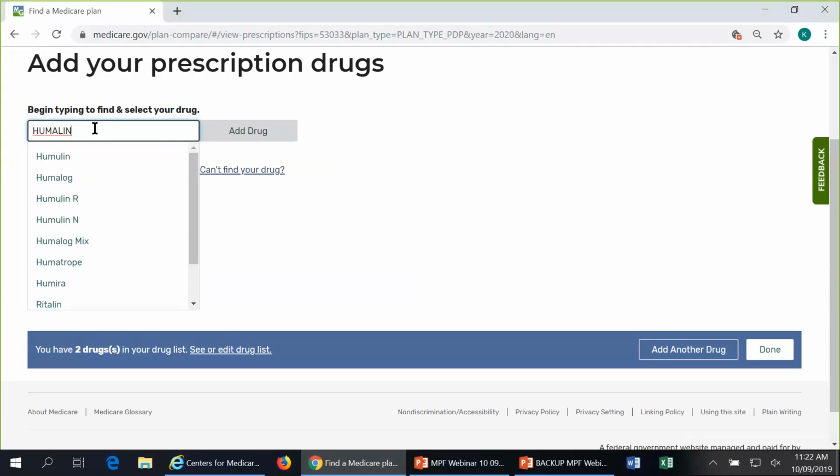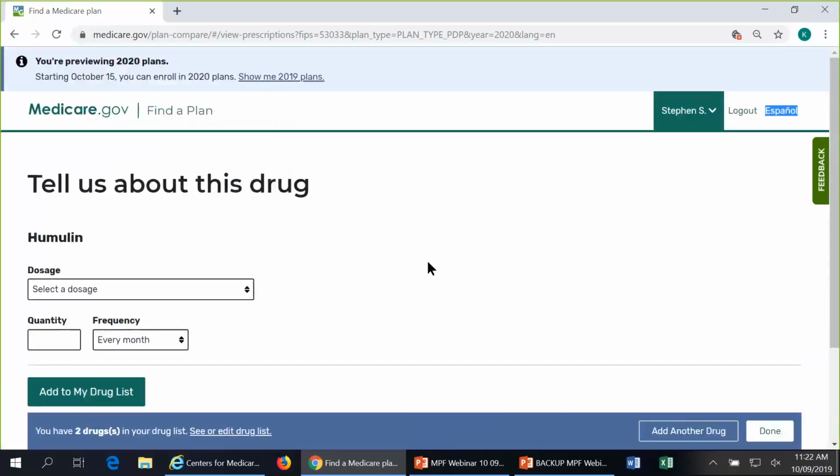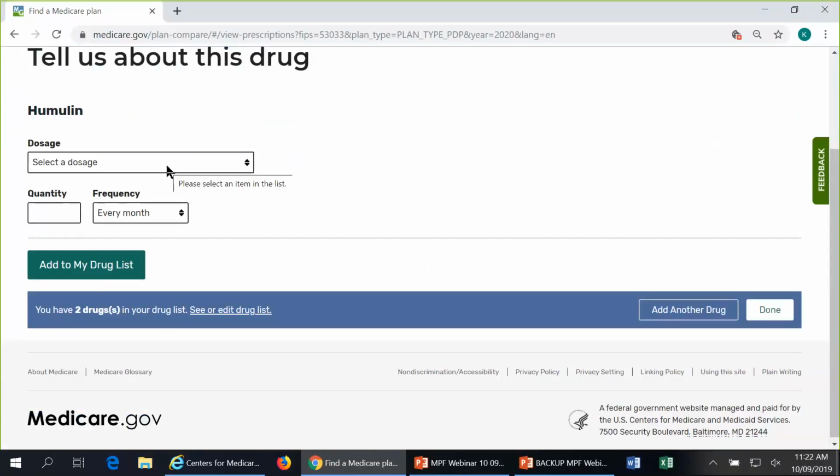And it brings up a list of the drugs. Now here's Humulin. And you'll notice that I mistyped it up here. I used an A instead of a U. If I'm sort of close, the system will find it and it will give me suggested drugs. We click on the one that we want, then add drug, and then I get to tell the system what